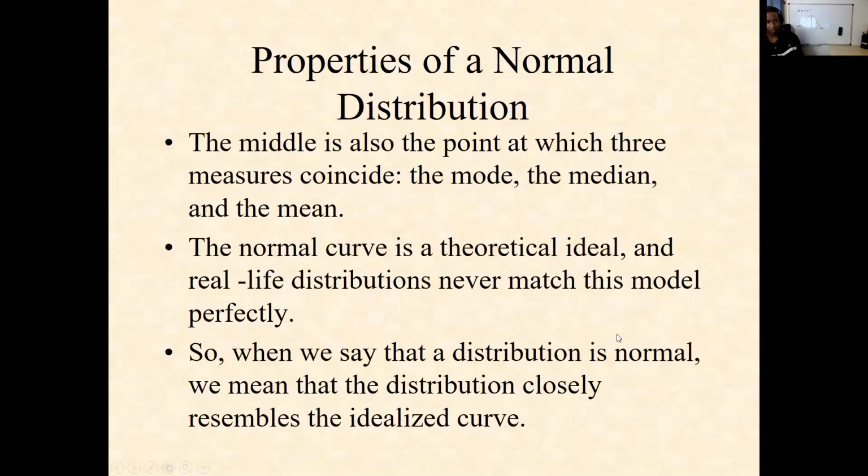All right, so let's talk about some other properties of a normal distribution, how you know that you have a normal distribution. One, you could just examine it visually, and if it looks like a bell, if the halves look like mirror images of one another, then you generally know that you have a normal distribution. The other way is to determine it mathematically, by calculating the three measures of central tendency: mean, median, and mode. If the mean, median, and mode are all the same number or relatively close, you know you